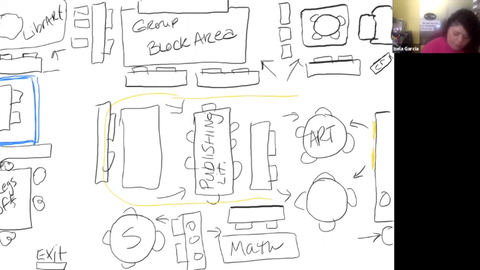Sometimes when we have these 2 tables put together like this, it makes for some chaotic experiences for kids because it's too much. They're overstimulated with the 2 tables right next to one another. But if you have the space, you can separate them out, and so it doesn't feel like they're on top of each other. Okay. All right, so that's another example of a classroom design, and this is one that we